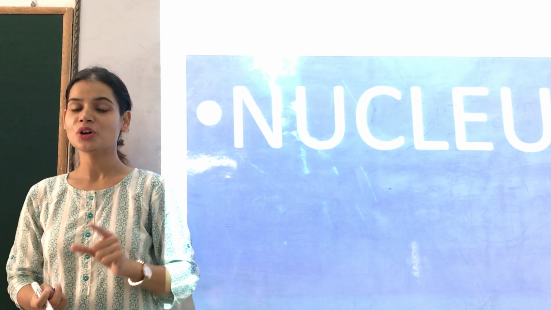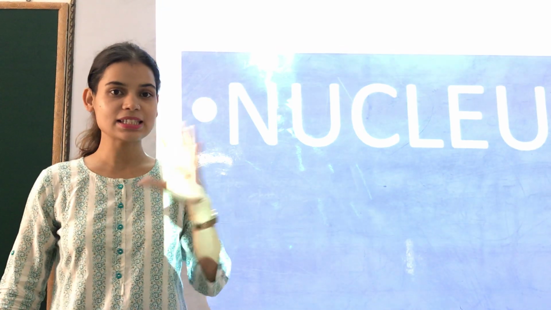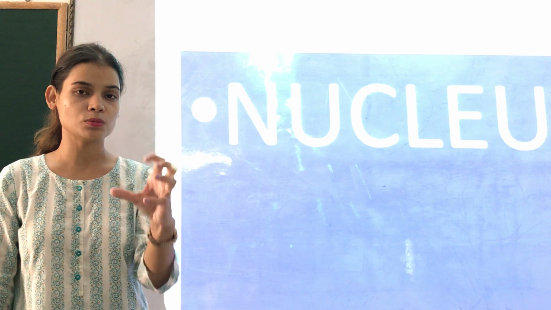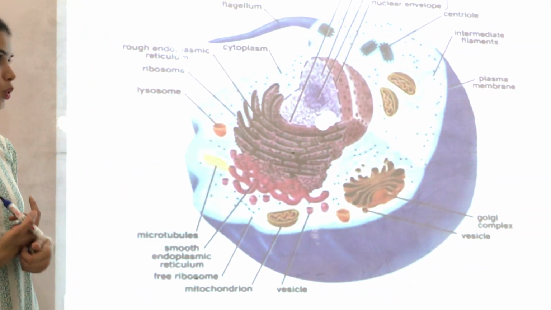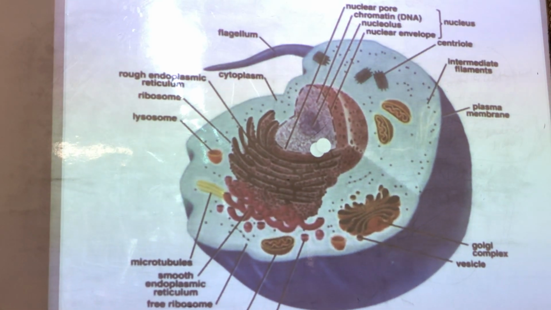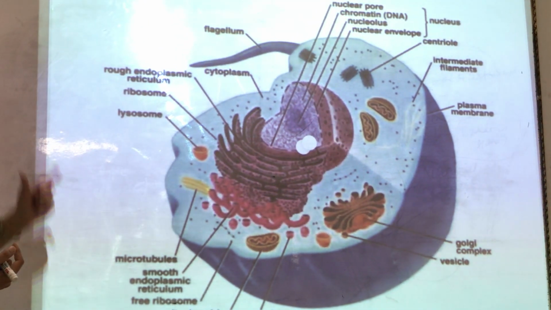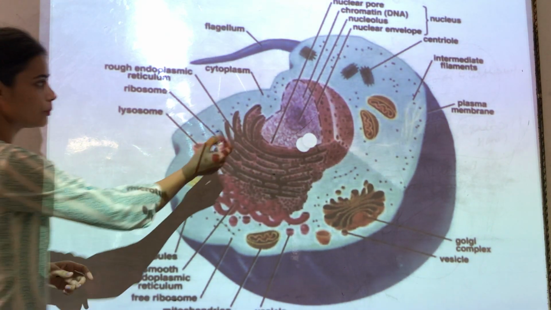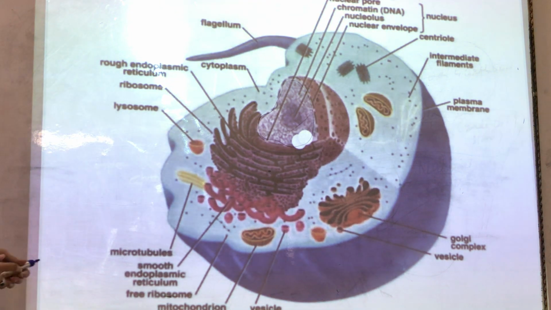We are going to look into the center of the cell. Now I will show you the zoomed microscopic view of a cell. If you look at the board, you will notice that this is the cell. Can you see a very prominent circular thing at the center? I am talking about this. Yes, this is the nucleus.